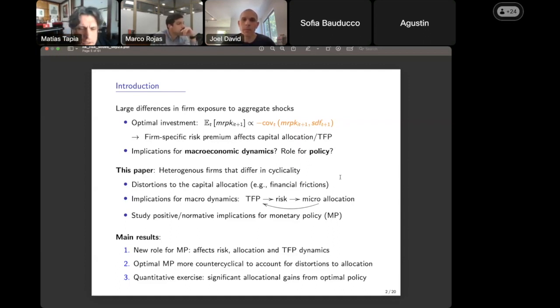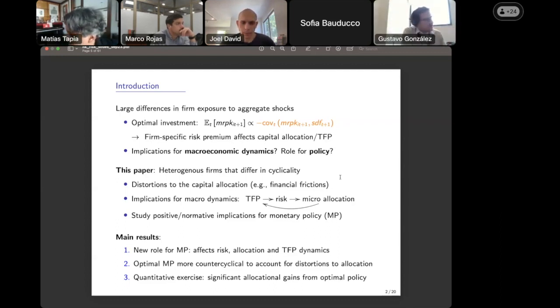Joe? Yeah. Sorry, here you're pushing basically the idea that there are some distortions within industry, distortions to the capital allocation that are due to financial frictions, for example. But do you provide any kind of micro level evidence? I mean, based on some sort of proxy for financial frictions, maybe some share of external finance for the firm, and how that relates to the beta that you're showing us here. So basically, to build the case that this is more likely to happen rather than, for example, the explanation that Marco was